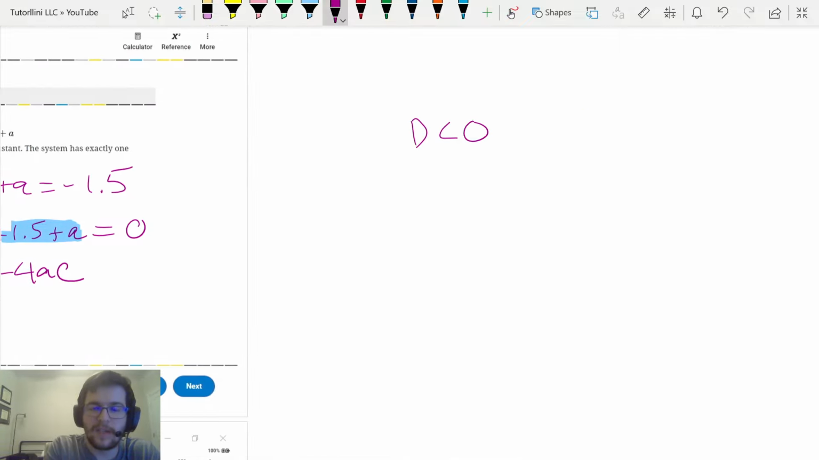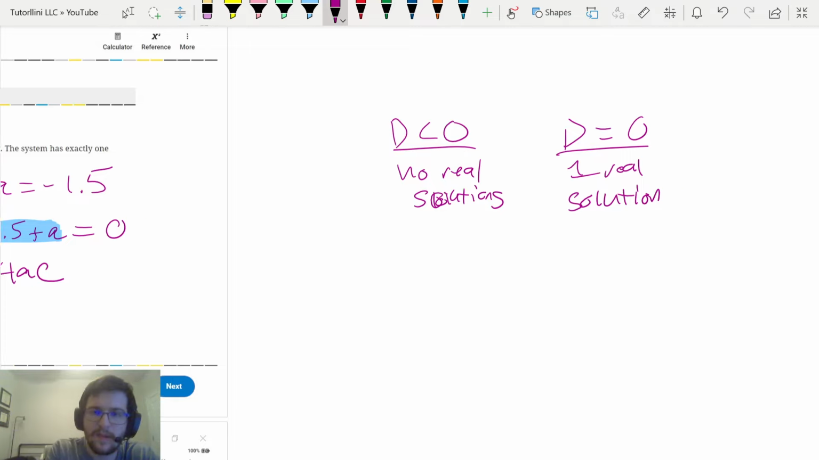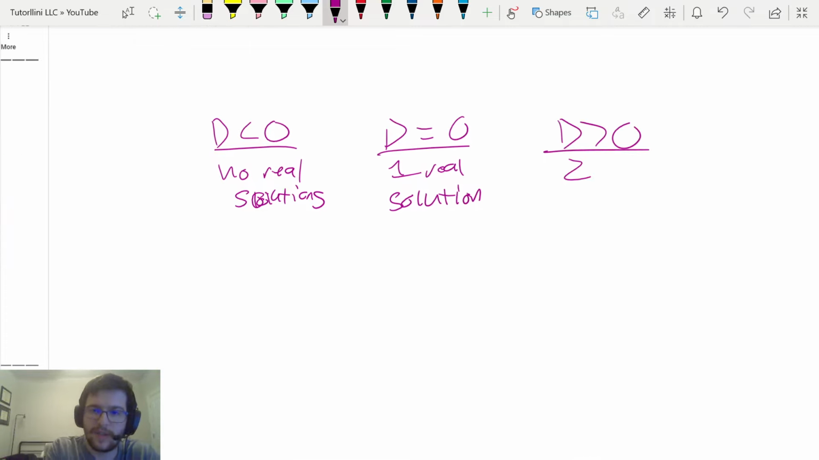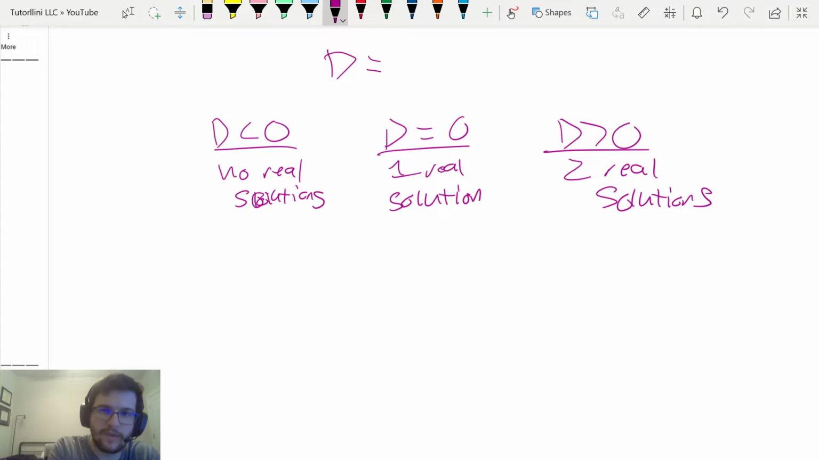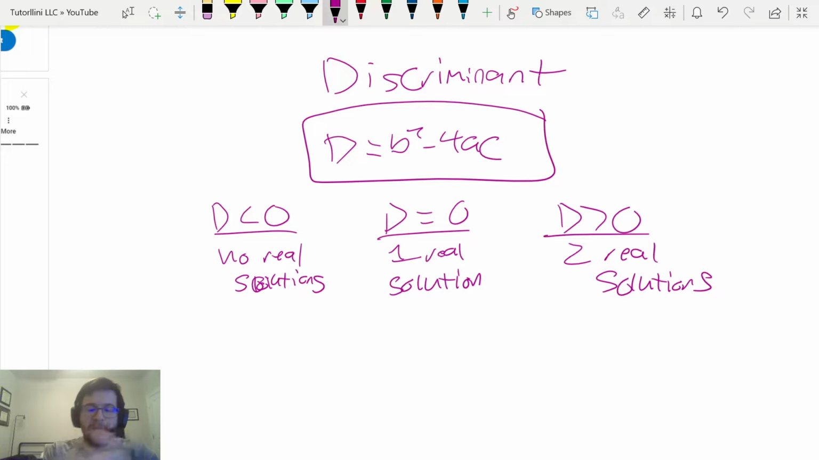When D is less than 0, there's no real solutions. When D is equal to 0, there's one real solution. And when D is greater than 0, there's two real solutions. And the equation is D equals B squared minus 4AC. That equation is called the discriminant. So you definitely have to have this memorized going into the exam. Or maybe stored somewhere on your calculator, but you know, I'm not going to judge you. Okay, so